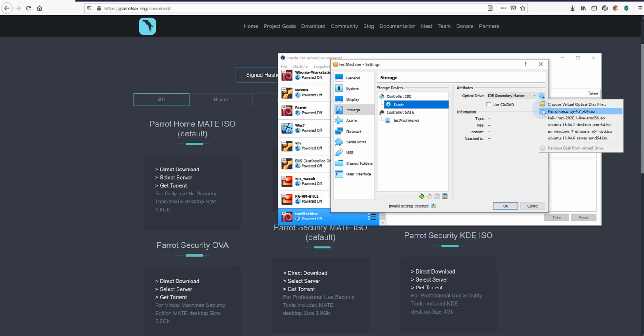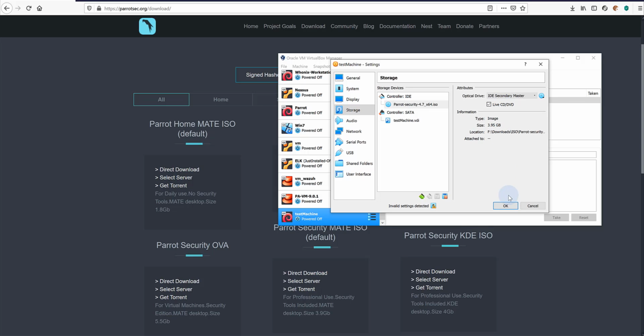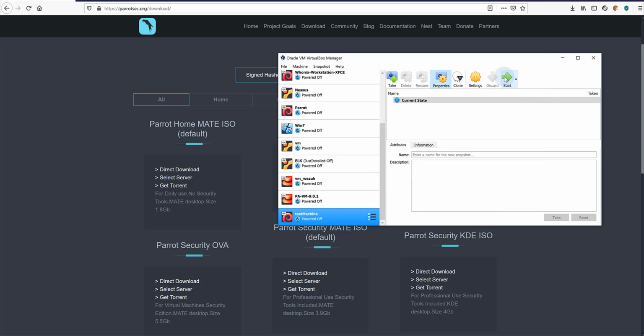I can here, for example, choose it from my desk, or because I was using any of those images before, I can just use it. I had Parrot Security 4.7, which is a bit older than the current version, and I can use it. I can say it's live CD. So if I just start this machine,